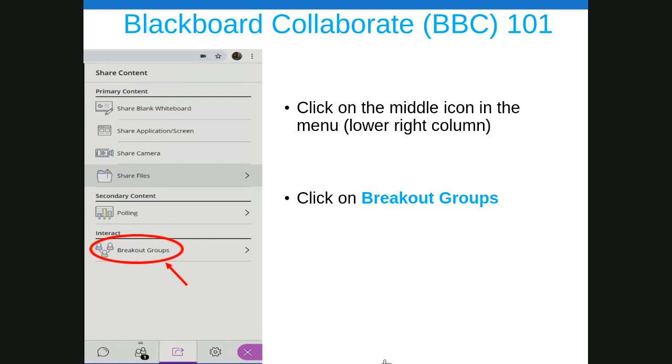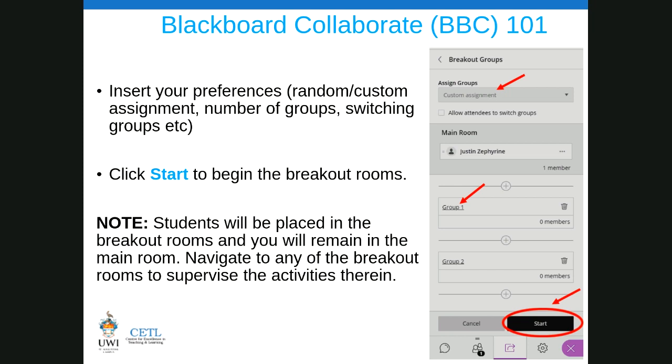Right. So when you get to that point, click on breakout groups, and it should take you to a menu that looks something like this. I mean, you have more persons now, but it looks something like this. Tell us what you see. Do you have a microphone? Could you tell us what you see?